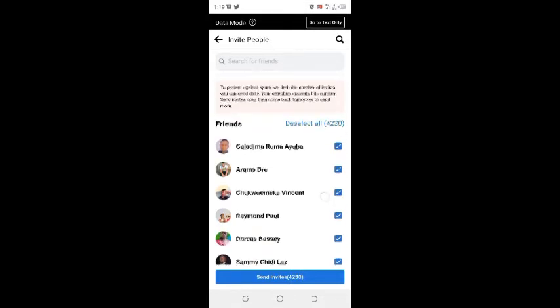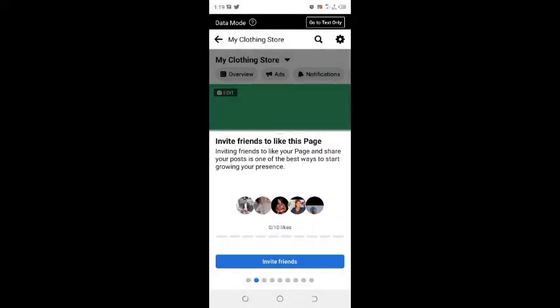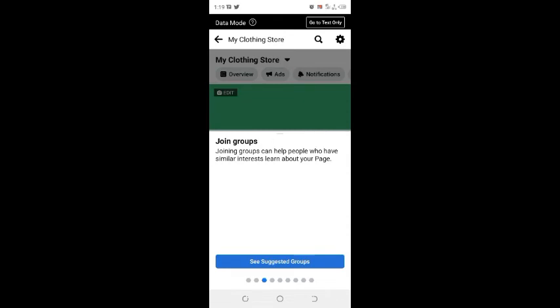You get 4,230, and you click on this send invite. As soon as you click on send invite, an invitation will be sent to them to like your page. You get? So the next step is join groups. Very, very important. Joining groups that